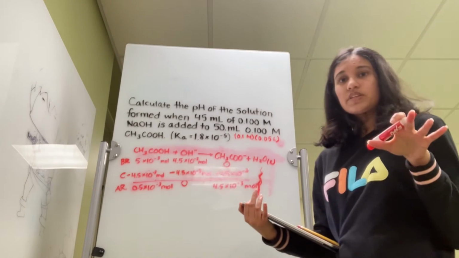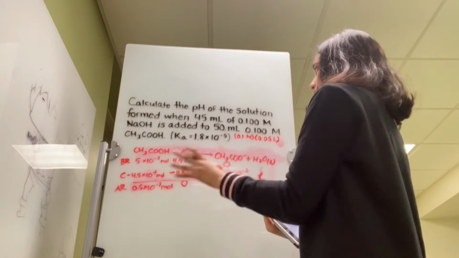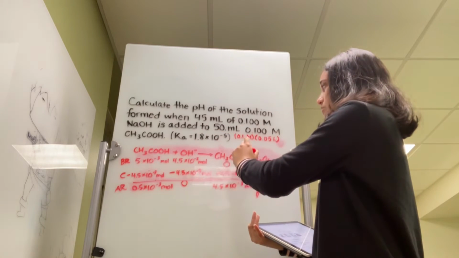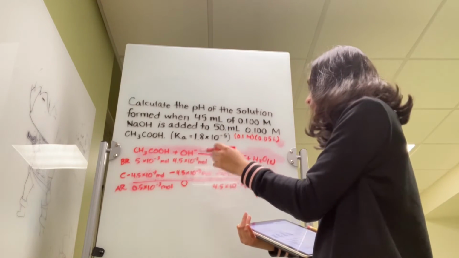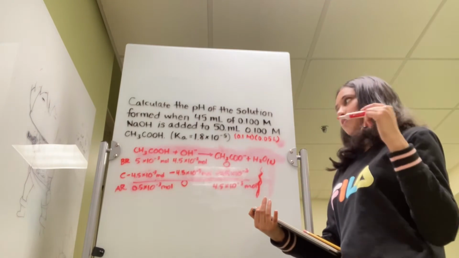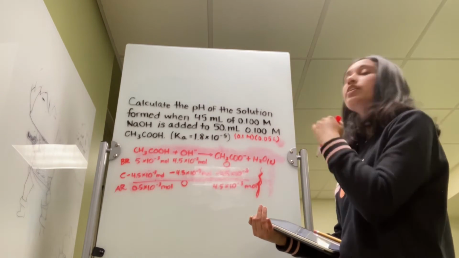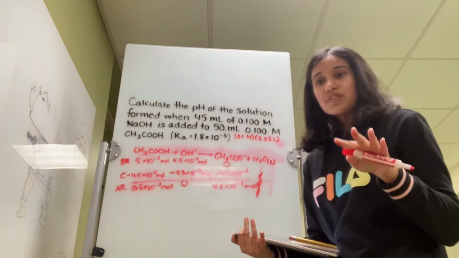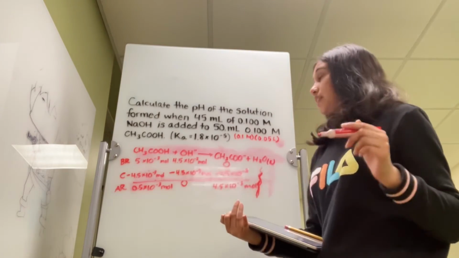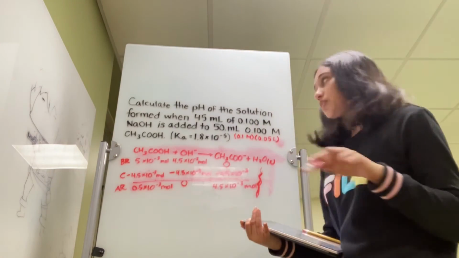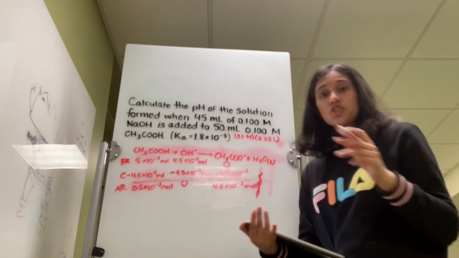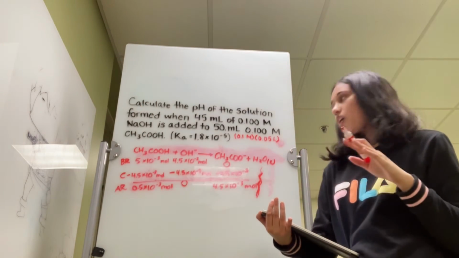Now I would ask the student, my peer, what they would think of doing next. One suggestion might be to do products over reactants and equal that to the Ka value, because that's a different definition of Ka. But although that's a great method to solve it, I would encourage them to go through it. But I would also remind them that this is a buffer problem. We have a weak acid and enough strong base to convert it to its conjugate